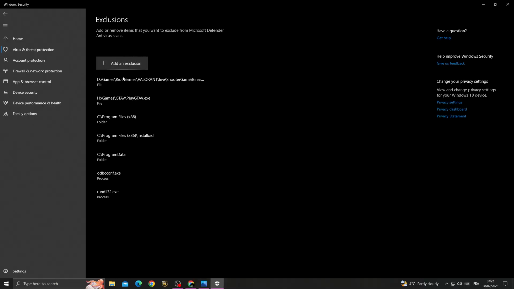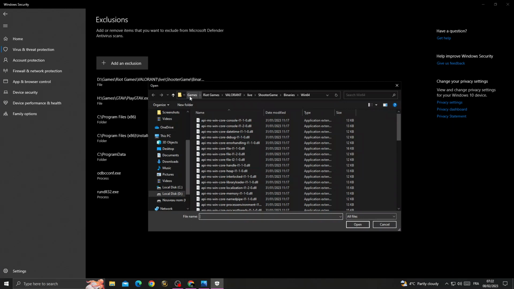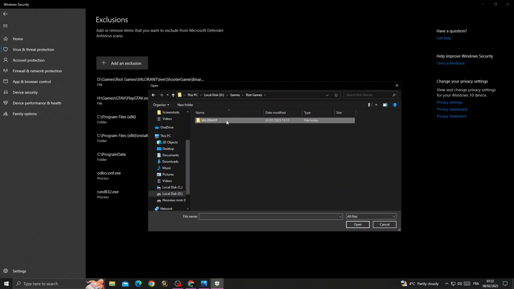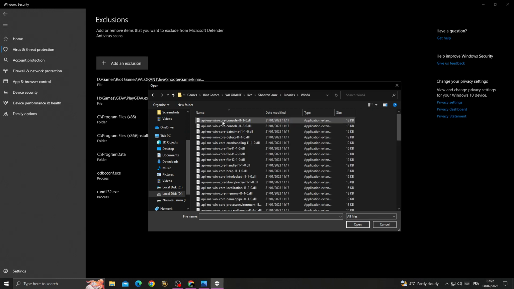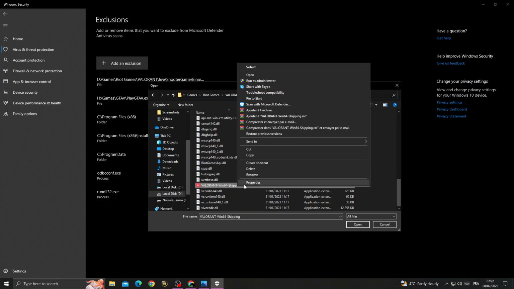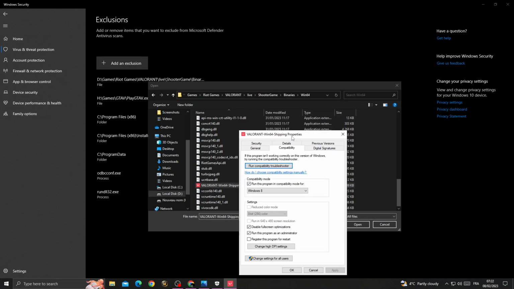yes, and now add an exclusion, File, select File, and here you need to find your Riot Games folder, click on it, Valorant, Live, Shooter Game, Binaries, Win64, scroll down, right click on Valorant, and click Properties, here, make it